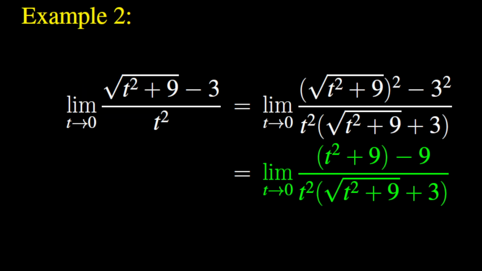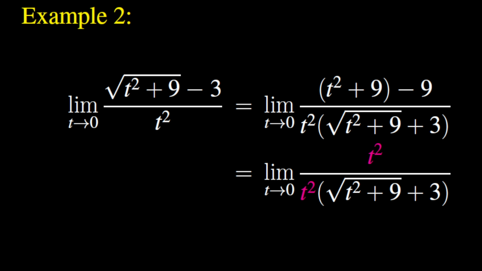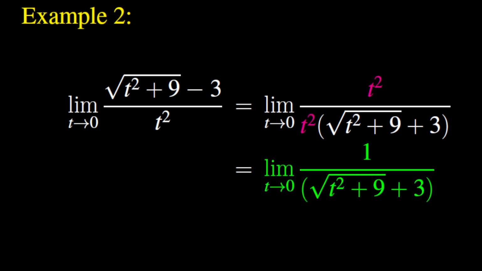Using the properties of the square root, the numerator becomes t square plus 9, minus 9, which is just t square because 9 and negative 9 cancel each other. Now, we clearly see that on both the numerator and denominator we have a common factor, t square. We should simplify t square from both expressions. We end up with a new simplified expression, which is 1 divided by the square root of t square plus